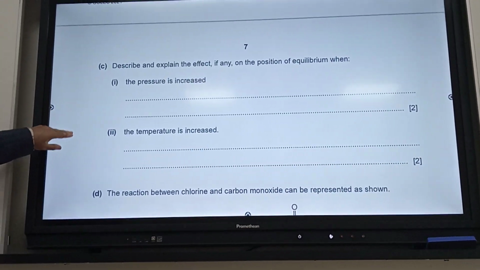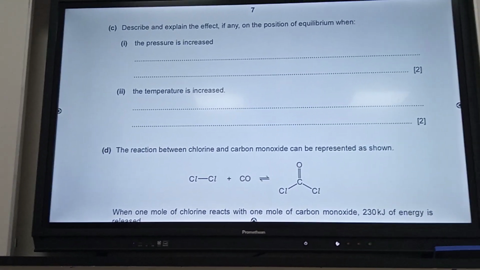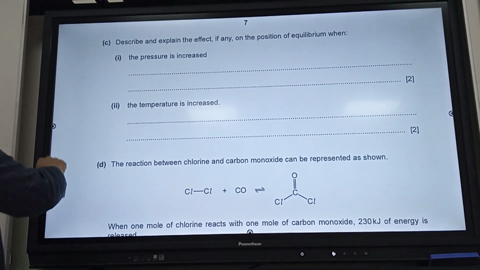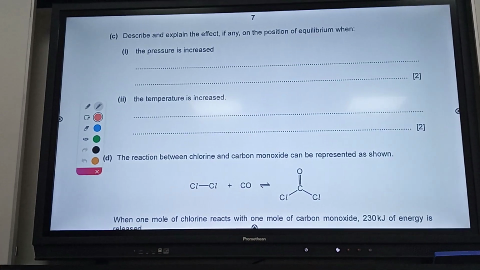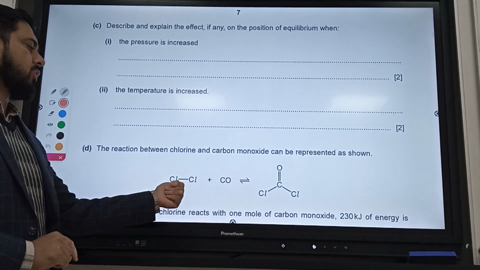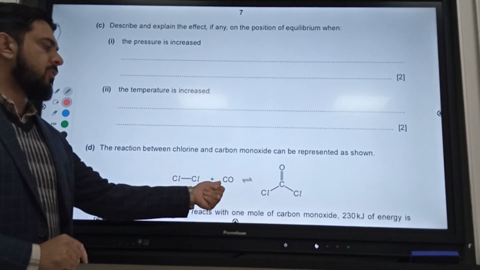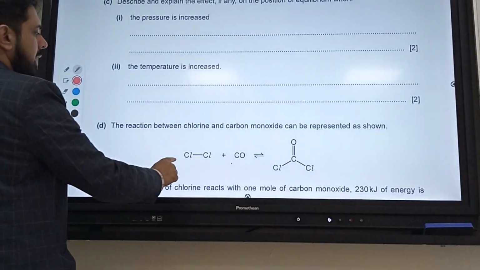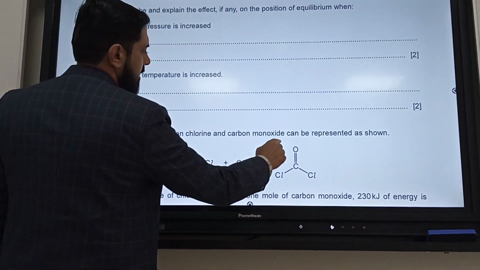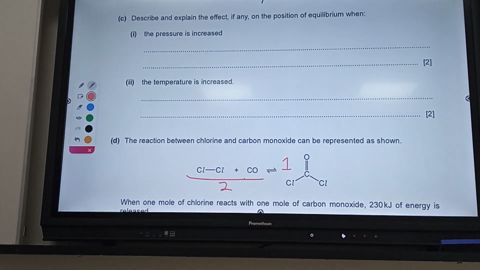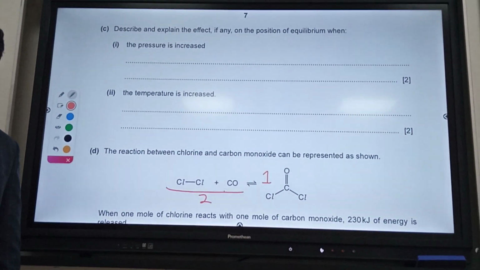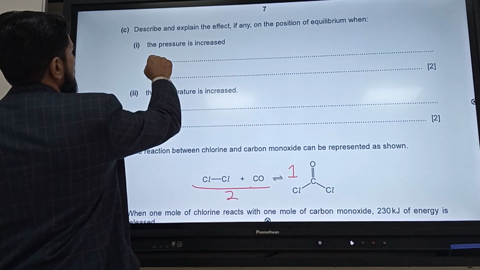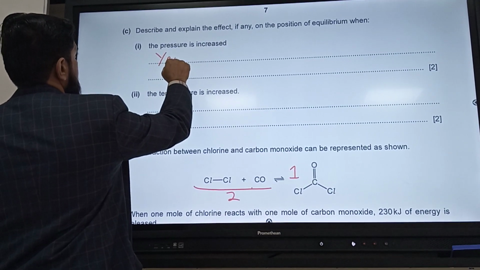Next, part C says describe and explain the effect, if any, on the position of equilibrium when the pressure is increased. We have the knowledge in the main reaction. Like you can see, this was the main reaction. One molecule of chlorine and one molecule of carbon monoxide react to produce one phosgene gas. But remember, on the left side we have 2 moles, whereas on the right side we have only 1 mole. So increasing the pressure always shifts the equilibrium from more moles to fewer moles. So what will happen to equilibrium? First of all, we can say yield increases